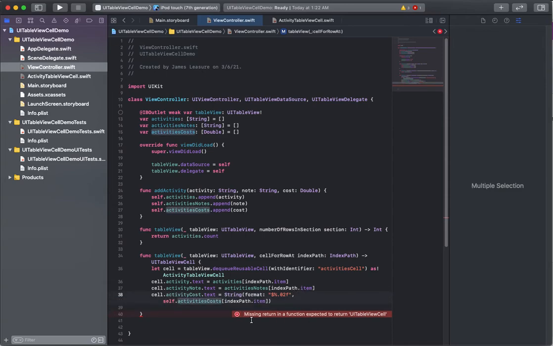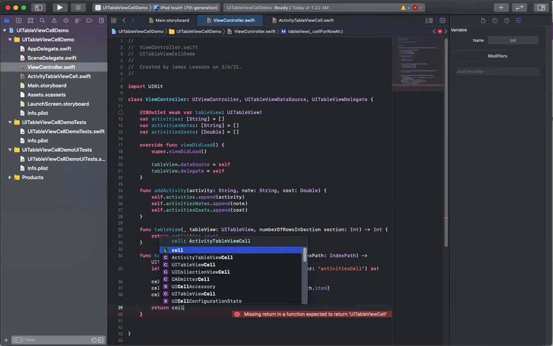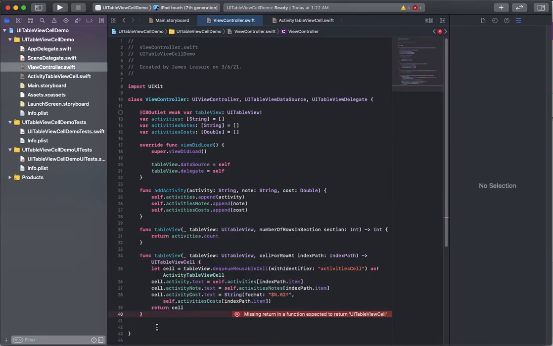Just going to prefix it with self there. I don't need to, but just want to. Okay, and finally we need to return the cell, and that's it. So we don't have just access to the default UITableViewCell properties. In this case, we have the IB outlet values that we created inside of our custom